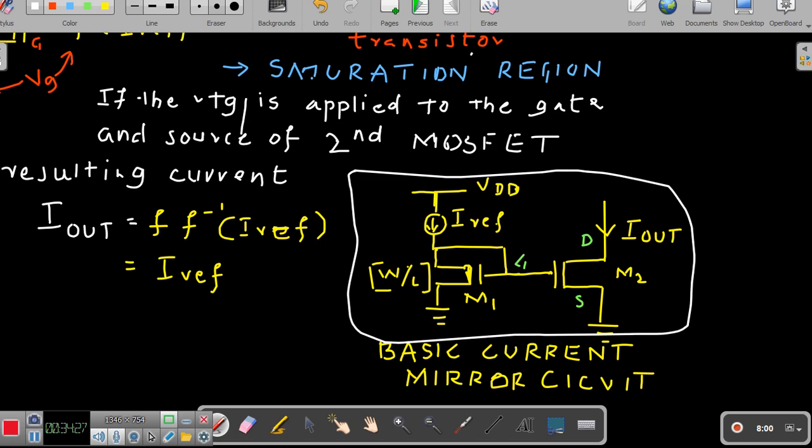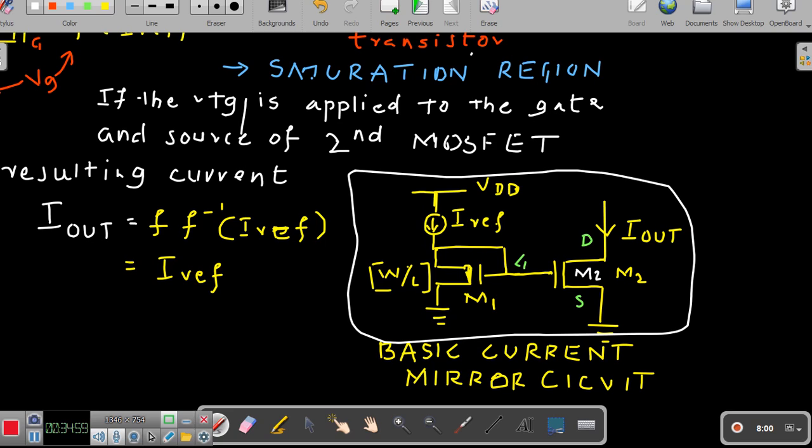Now you can see here two identical MOS devices having equal VGS. So by looking at this diagram, we have got two MOS devices, M1 and M2. If two identical MOS devices that are having equal VGS operate in saturation, then they carry